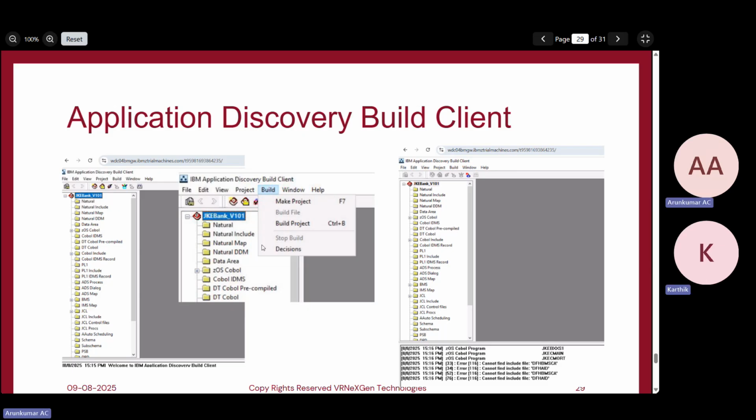No, this is not in IDC. It is a separate server tool which you need to use. Same like IDC, it is a different tool. It's a server based tool. Once you run this, it takes hours together because